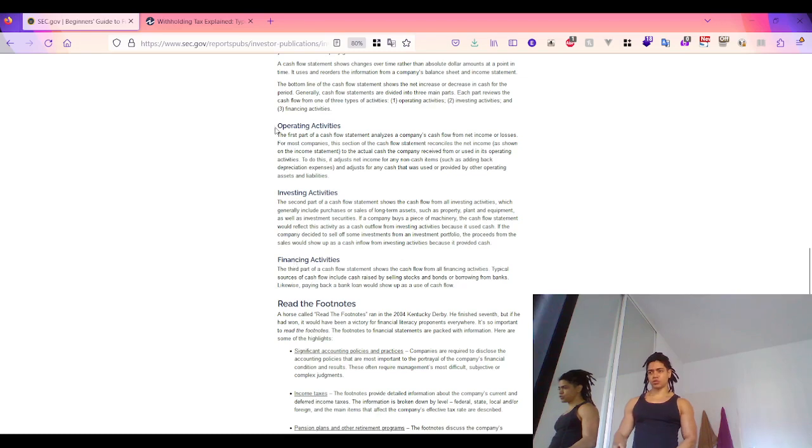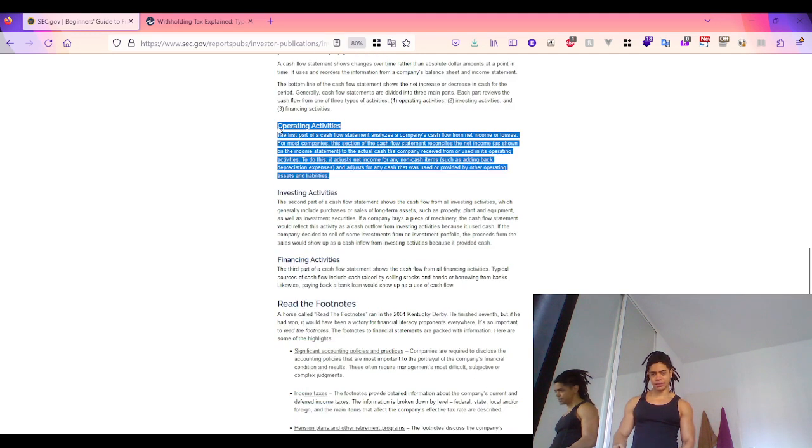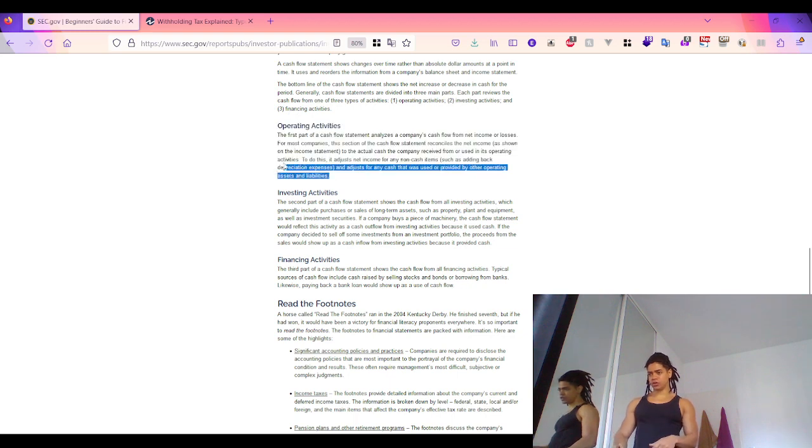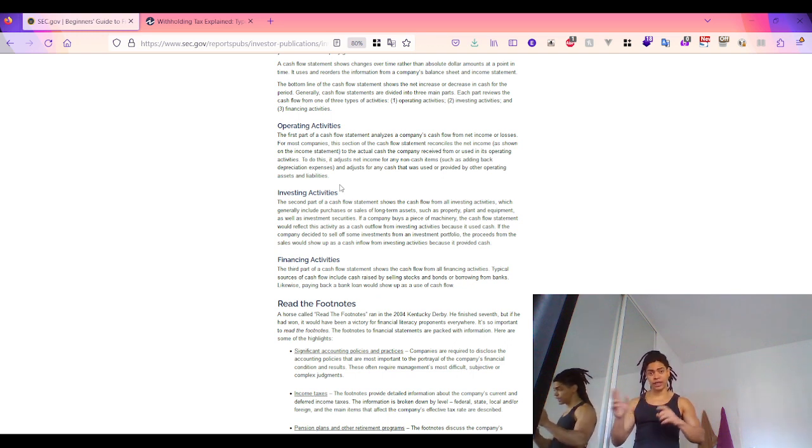With these operating activities, the way to do this is that it adjusts the net income from the income statement with the total amount of non-cash items and the total amount of cash that was used or received from other operating activities. And when it comes to the investing activities, generally involved is the purchase of long-term assets,